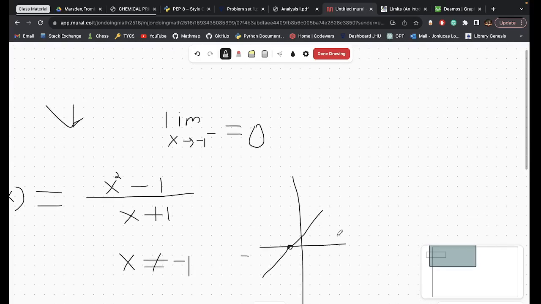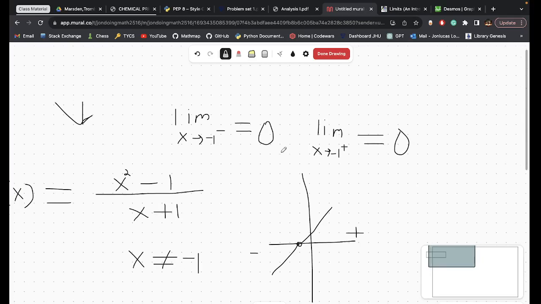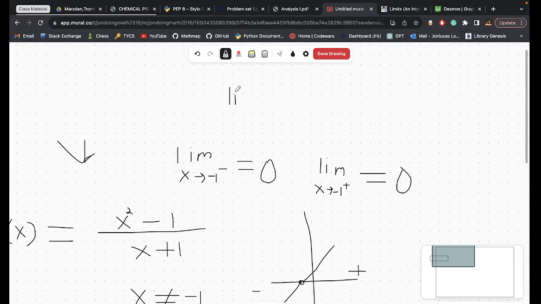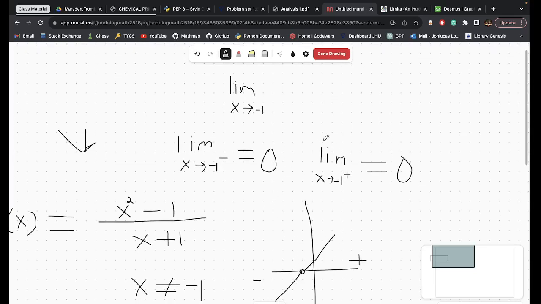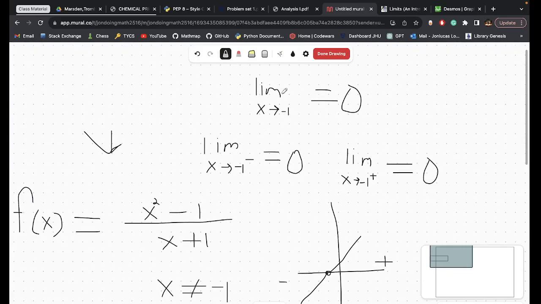And then also, if you approach it from the positive axis here, from this right side, it approaches 0 as well. So you'd write that as the limit as x approaches -1 from the right side, the positive side of x, equals 0. So what happens whenever your limit from the left side and the right side is the same is that you write it out in general form like this. You say limit as x approaches -1, and note that I'm not saying from the left or the right this time. I'm just saying as it approaches -1. So that means either from the left or from the right, doesn't matter, it still approaches 0. And I'm not writing it out here, but I am meaning to say limit of f of x. So there'd be an f of x here